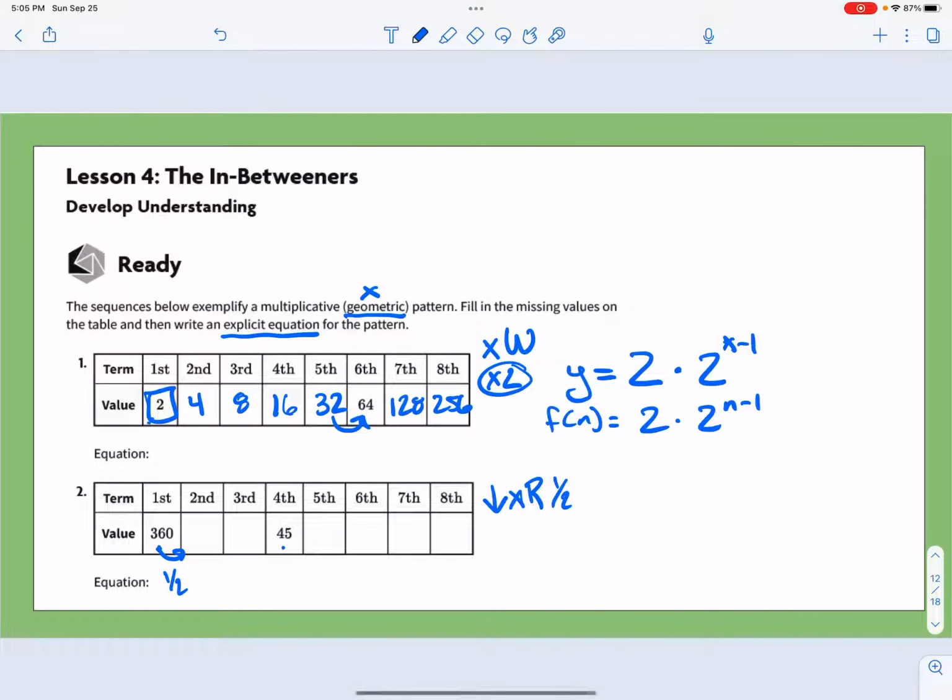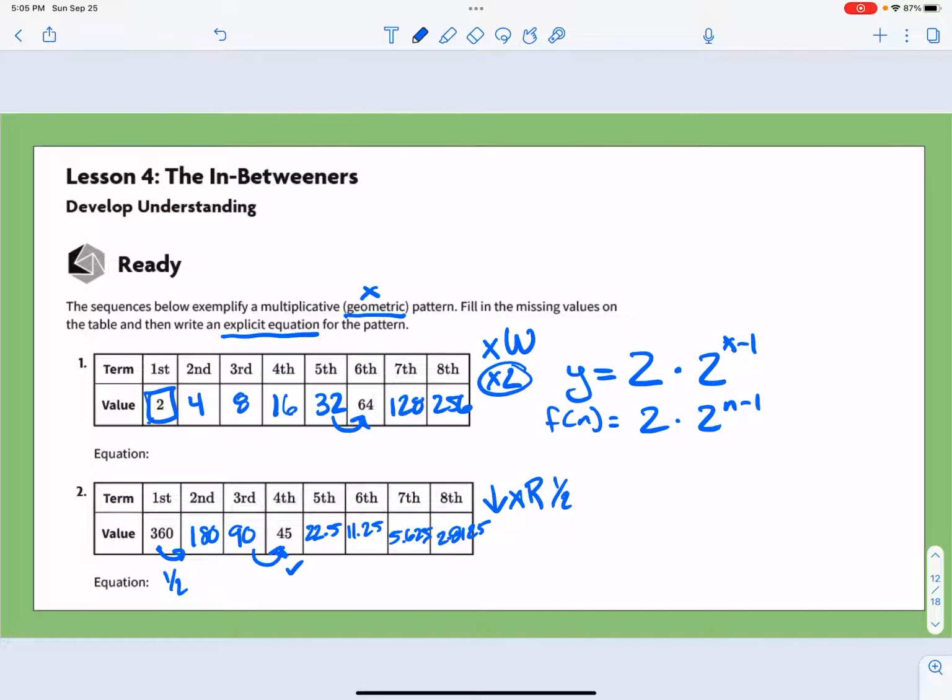So half of 360 is going to be 180. Half of 180 is 90. Half of 90 is actually 45. So I'm on target. Looks great. Half of 45 is 22.5. Half of that is 11.25. Half of that is 5.625. And half of that is